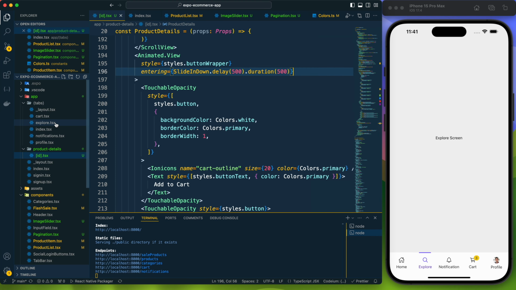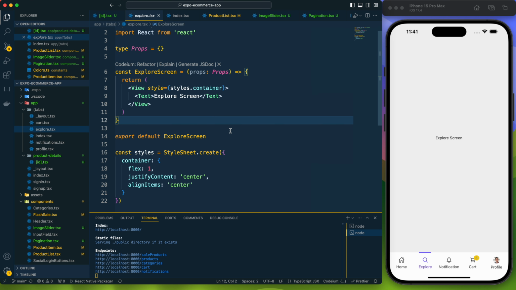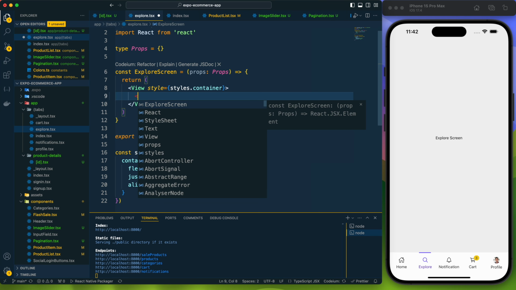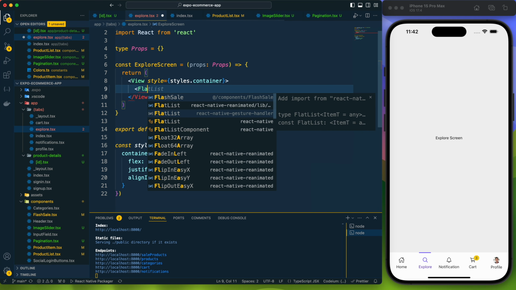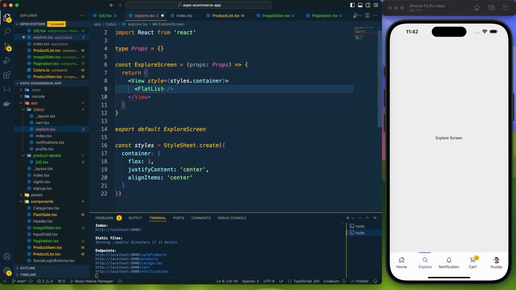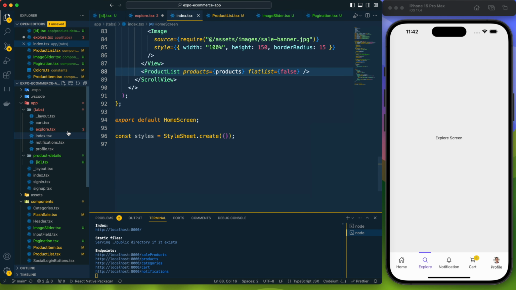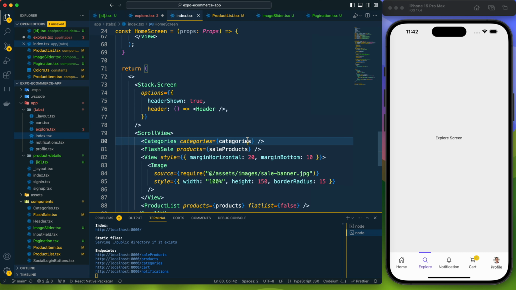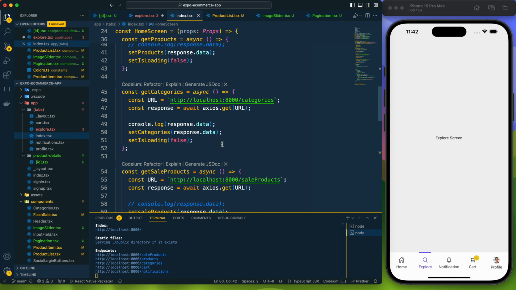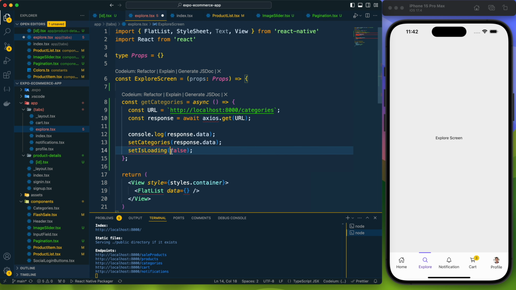So for that we need to go to the explore tsx file, and here we need to create that. So here for this explore screen, first we need to provide the flat list, and this flat list needs to be imported from React Native. Now for the flat list data, I need to provide the data, and data will come from the categories. So it will be similar to the categories which we have created on the home screen. So here I can copy this code and paste it here, and here I don't need this is loading,